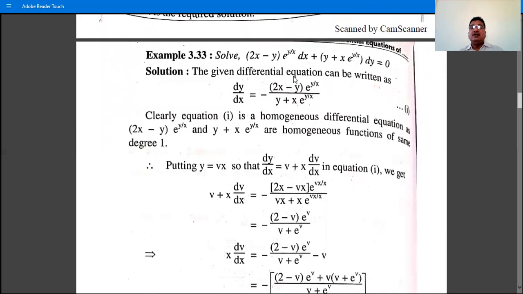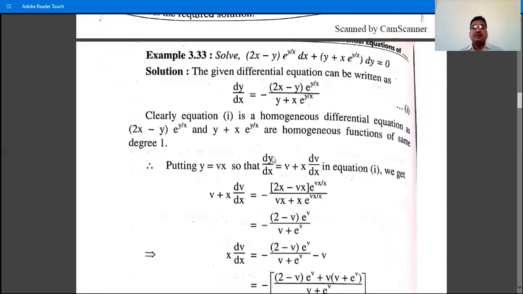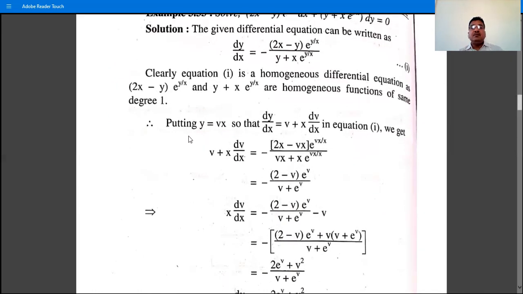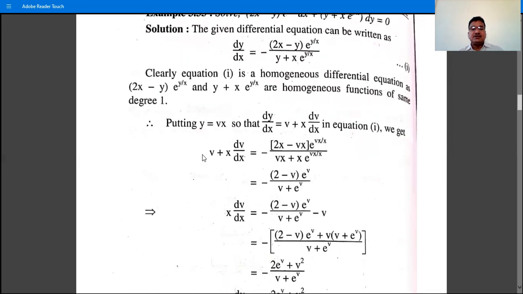If you observe, the numerator is a homogeneous function of degree 1. Also the denominator is a homogeneous function of degree 1, and therefore this equation number 1 is a homogeneous differential equation, because numerator and denominator both are homogeneous functions of the same degree. In order to solve the homogeneous differential equation, substitute y is equal to vx. So dy by dx is v plus x dv by dx, and therefore equation 1 becomes v plus x dv